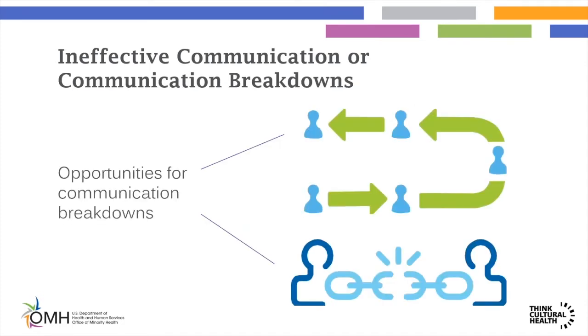Ineffective communication leads to communication breakdowns. There are different forms of ineffective communication. This could include not being able to communicate in the preferred language of the student or family, personally or with an interpreter. It can also mean nonverbal cues. For example, Native Americans and other cultural groups may not look the nurse in the eye as a sign of respect, and the nurse may interpret this to mean they are not listening or they do not care.